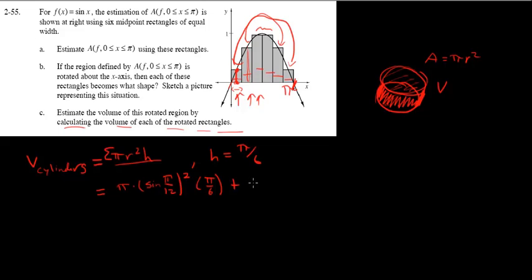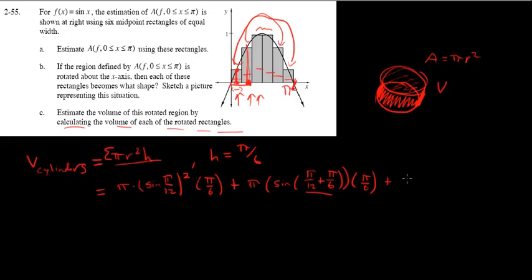plus our next cylinder is going to be pi times sine of pi over 12 plus pi over 6 times pi over 6, right? So this right here is the distance from 0 to here, so if we plug in sine, it's going to give us this height,